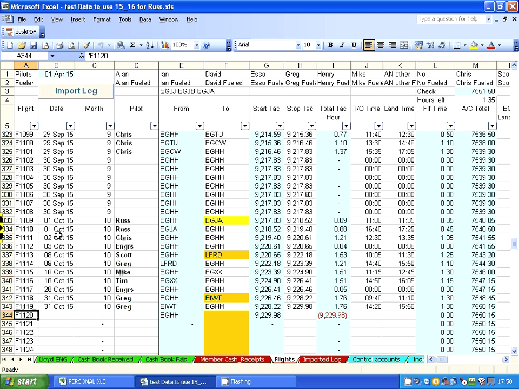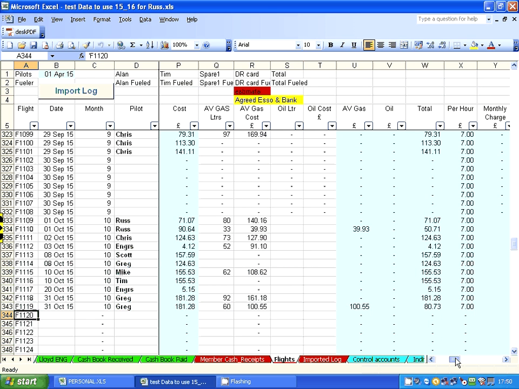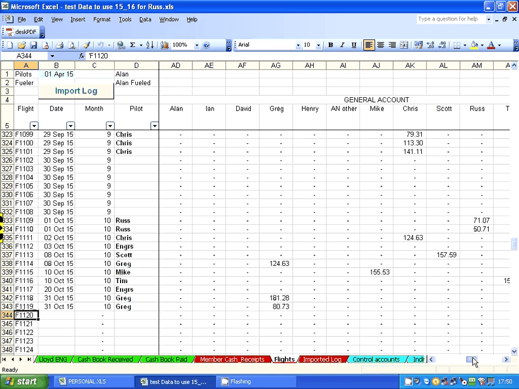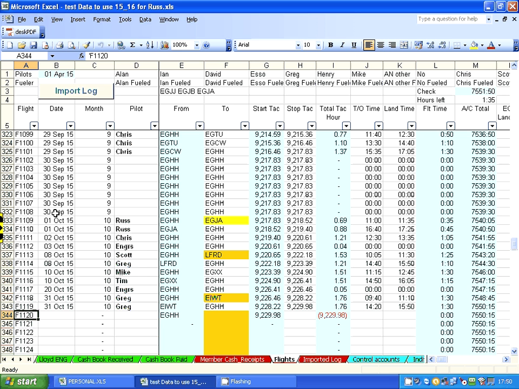And there they go, they've all shuffled in and all the numbers have been updated, all the amounts have been put in, the engine fund amounts, etc., who paid for the fuel, everything's gone in there and completed. So this sheet now is the one that feeds into the members' accounts, which are shown here in yellow on the bottom, and so each of those will now be correct, and I'll be able to send those out to you